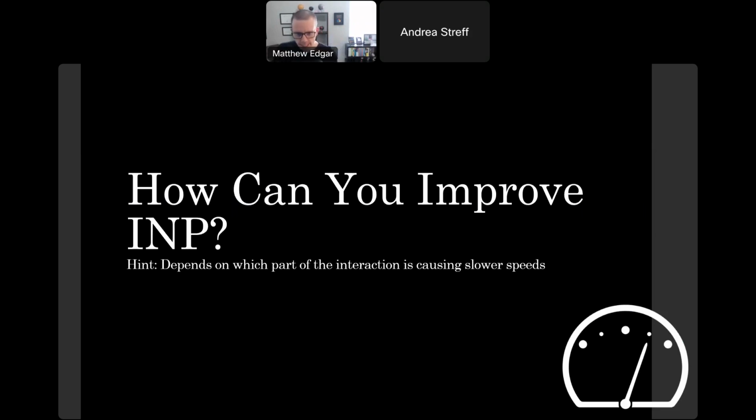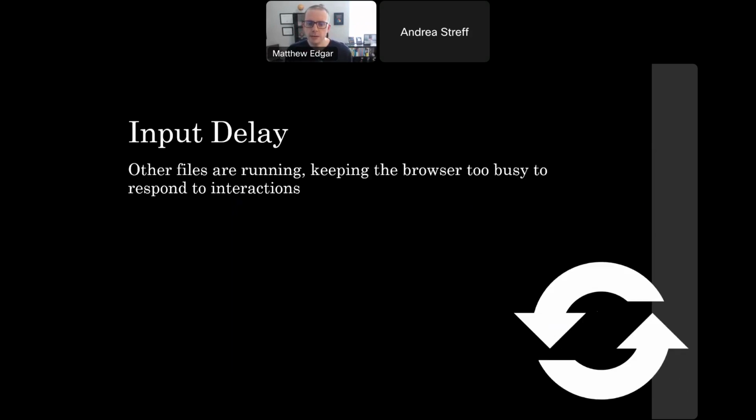So then the question becomes, how do you improve INP? So you've looked at it, maybe you have a problem with INP and you realize it's a bit too long. So what do you need to do to improve this? The big hint here is that how you fix INP depends on which part of the interaction is causing slower speeds. So if input delay is the reason for a slower INP time, then you want to